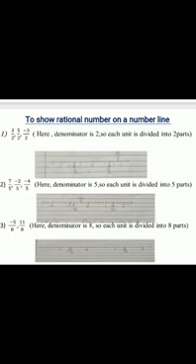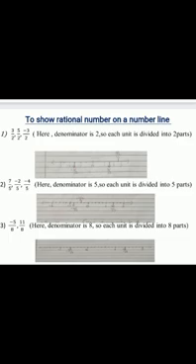Yes, 2. So each unit on the right side and left side of 0 is to be divided in 2 equal parts. After making the number line and dividing each unit in 2 equal parts, we have to show 3 upon 2. Means count the number from 0 to the positive side 3 and write 3 upon 2.